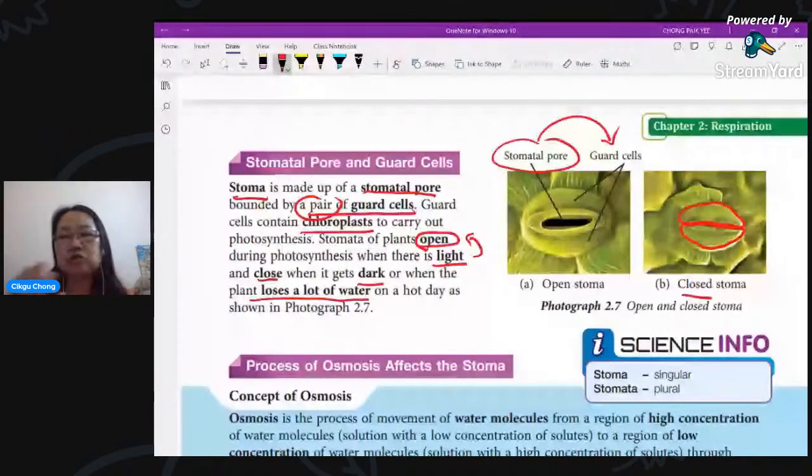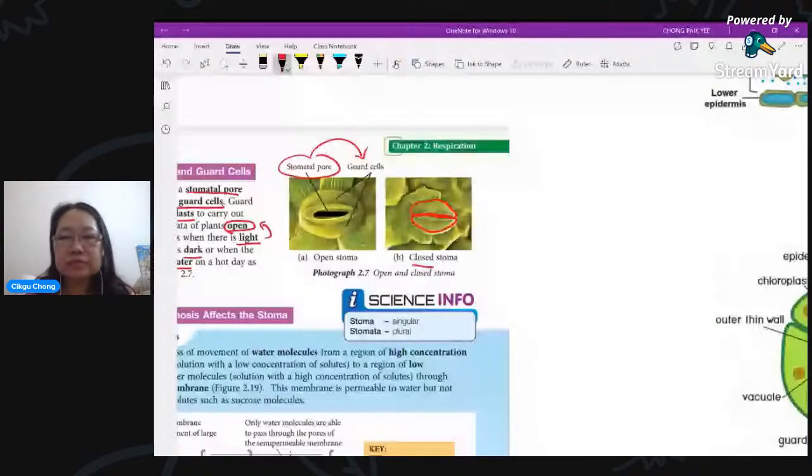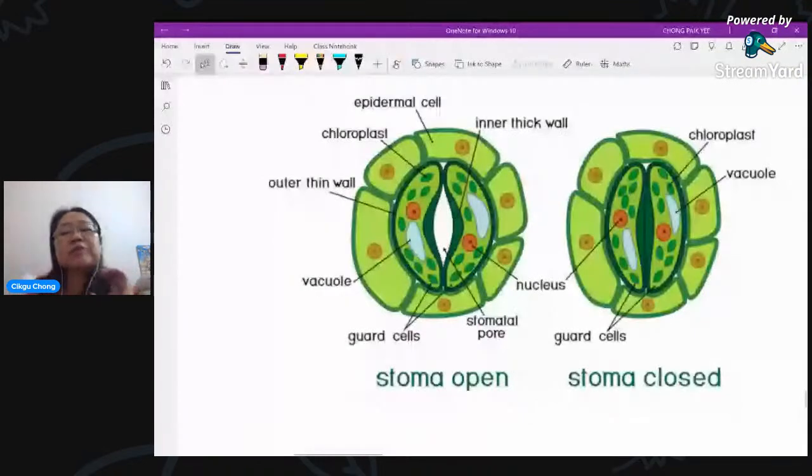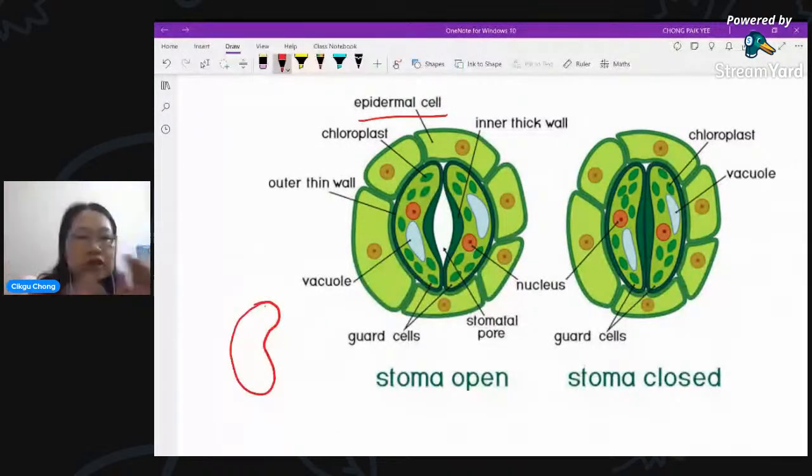All right. Now, let's look at how the stoma opens and closes. You see the shape of the guard cell? It's very important to know that the shape of the guard cell is special. Let me draw one guard cell. The cells at the side here are called normal epidermal cells, the normal cells which are not specialized. When the epidermal cell is specialized, it becomes this special shape like a cashew nut. You draw a little bend like that. That is called a guard cell.